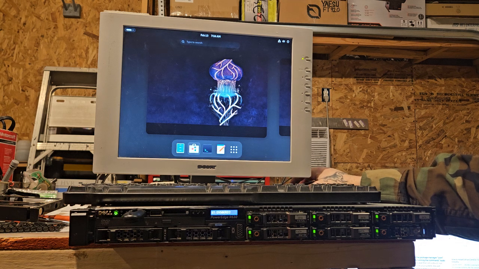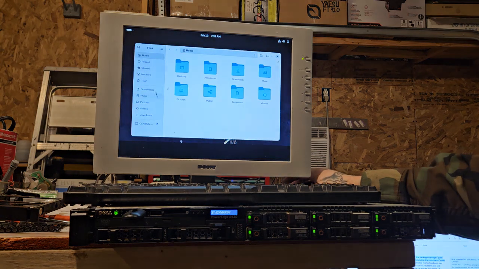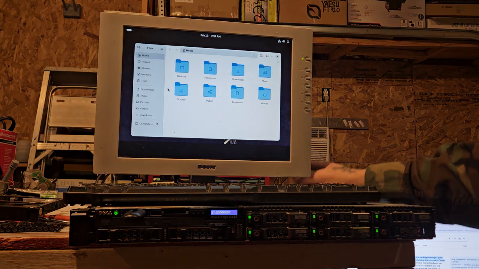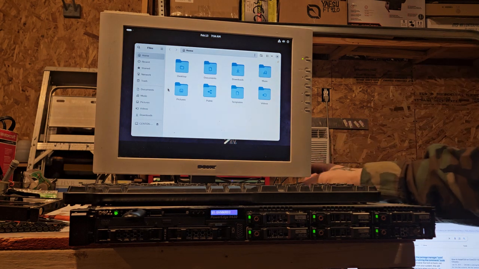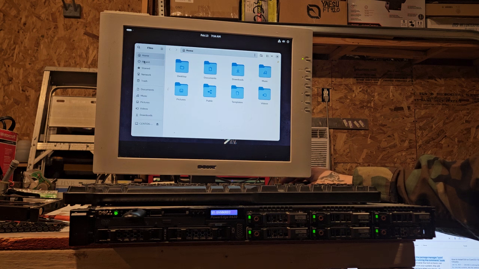So what do we got here? I don't know. It doesn't really look like server software to me. Network.